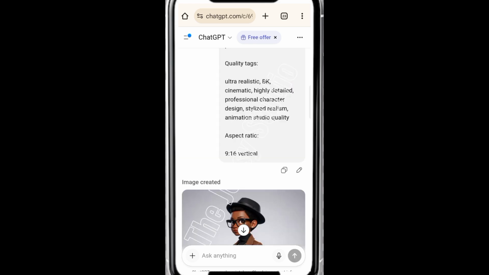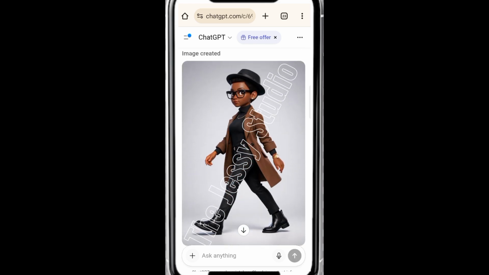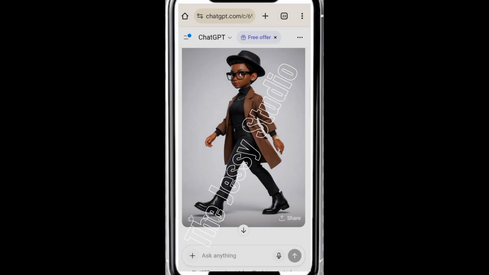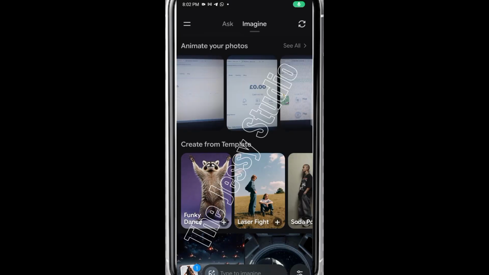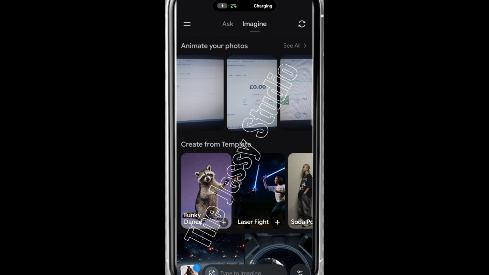Okay, so this is what I got. Our image is ready. All you're going to do now is to just click on save. That's step 1 done. So step 2 is to turn the image into a talking character. Now here's where the magic happens. Go to your AI video tool. I'm personally using Grok AI because it's free, yes, but you can use any similar tool that allows you to